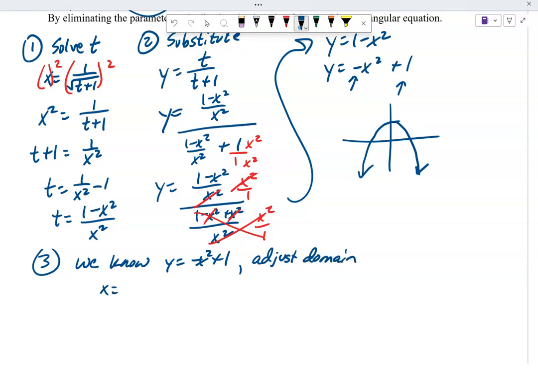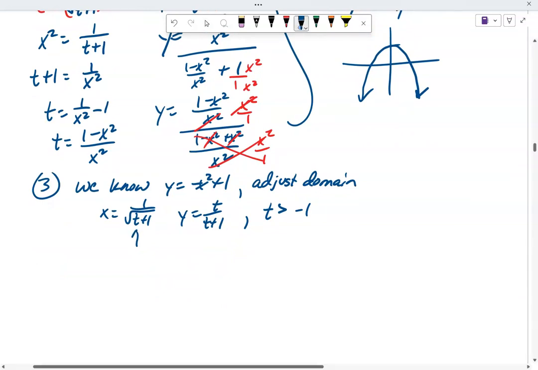We had x being 1 over root t plus 1. Our y was t over t plus 1, but the t had to always be greater than -1. Obviously, it's got to be greater than -1, because of the square root restriction there, right? And so